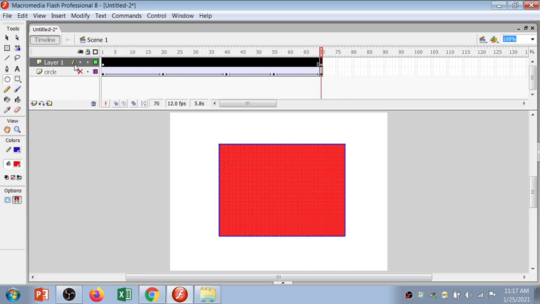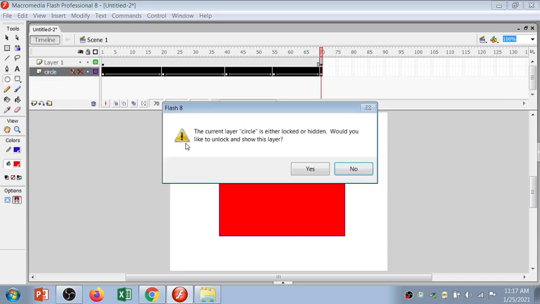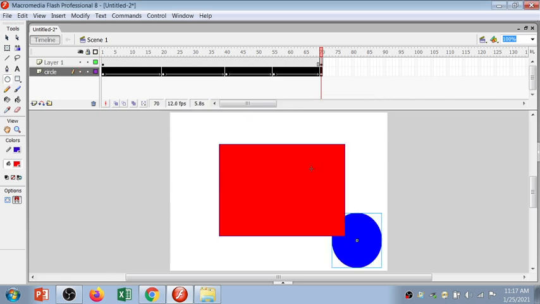So you can see right now I got the pencil mark on layer 1, not on the circle, because currently I'm working with layer 1, not with the circle layer. If I select this layer, there is a pencil mark on the circle, but since it is hidden, your pencil icon is cut, right? And that shows that you can't make changes to this layer. So that's it. This is the functionality of the timeline panel, including the layer and the frames.